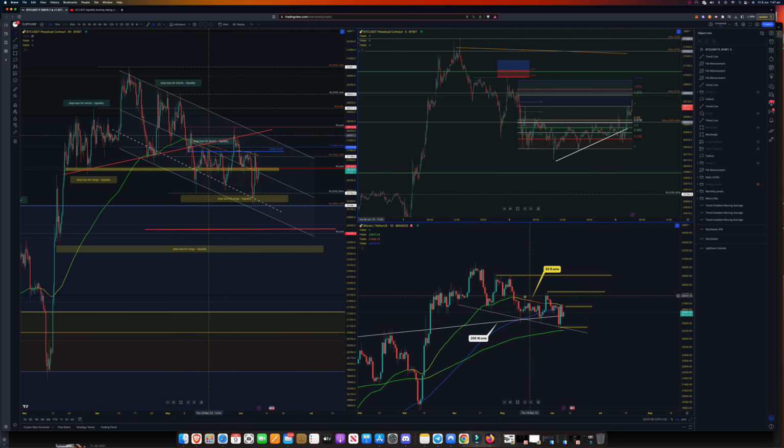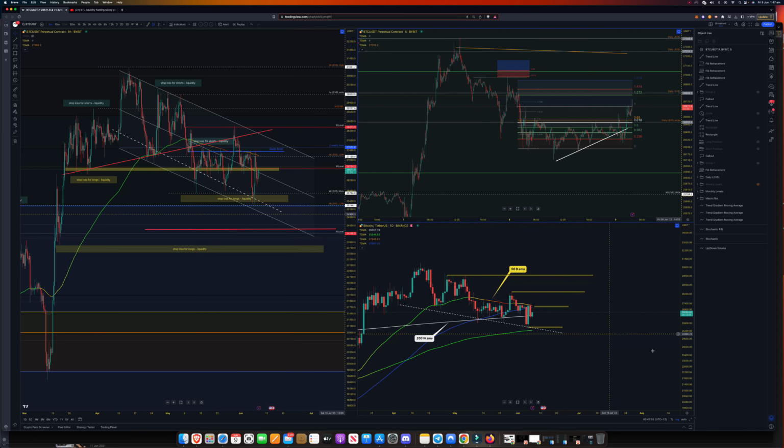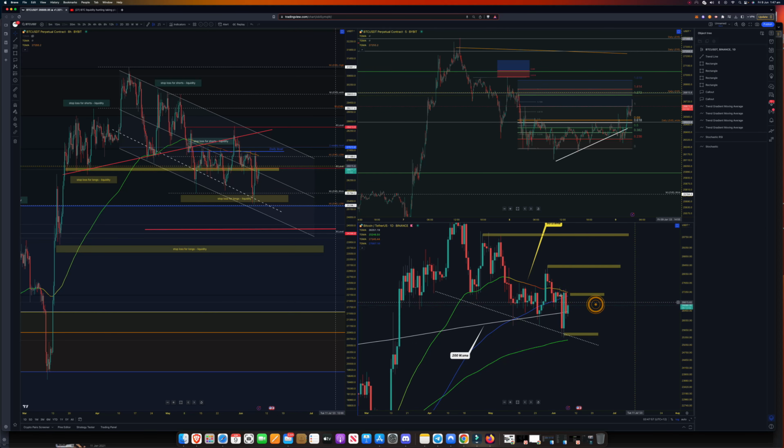So here we have the 50 daily moving average, EMA, and you can see that started to play a resistance role, even though this came out, as you know, it was for liquidity. All these shorts, for probably a week of shorts, they go, yep, let's just grab it, and then down. So whenever you see that, guys, whenever you see a price broken up, be ready for a drop. So if there's liquidity up here, and price goes from the bottom up, and it takes that liquidity, be rest assured